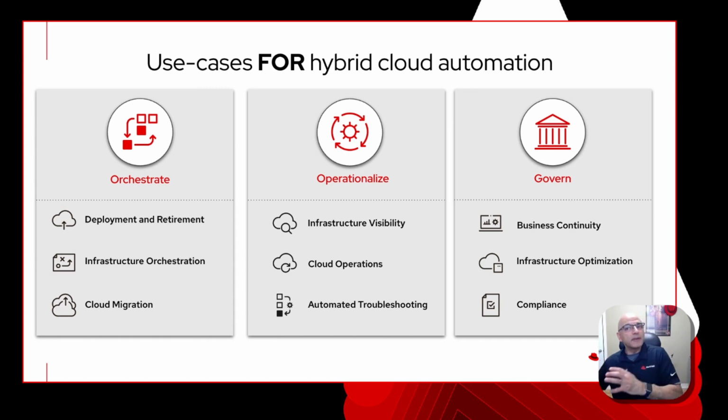And then also moving into the governance space. So being able to do things like looking at your infrastructure and looking at where you can optimize and actually perform some of that optimization, and making sure that you meet your best practices and your internal standards through compliance, and being able to automate those checks and balances. So there's a ton of different use cases that an automation platform like the Ansible Automation Platform can help you